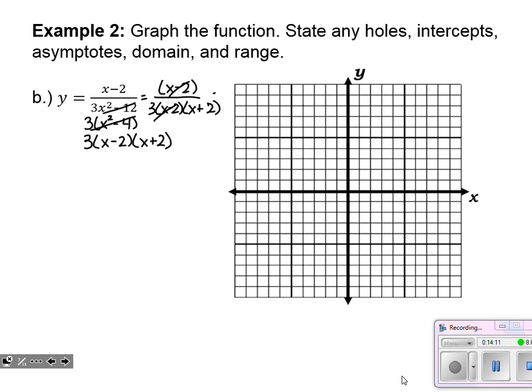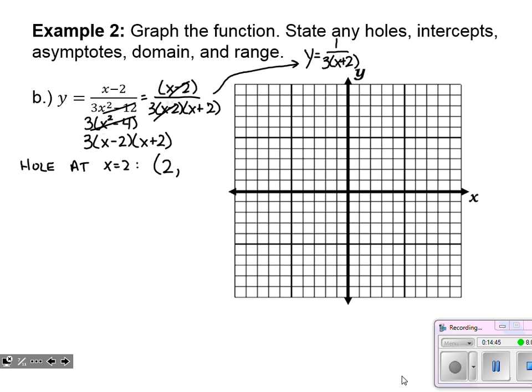So I can simplify this, and I'm just going to sneak over here where there's some room. The function is really y equals a 1 for a placeholder in the numerator over 3 times x plus 2. And that's going to be really helpful to have a simpler function if we have to resort to freshman graphing. Now, what this does tell me, when I factored and simplified, there is a hole at x equals 2. That is the point 2 comma something.